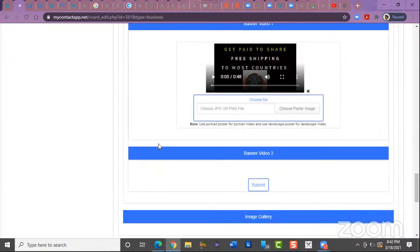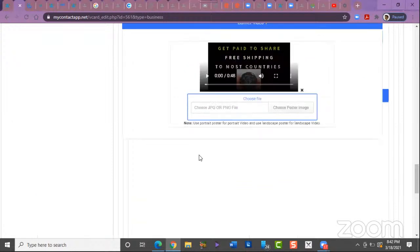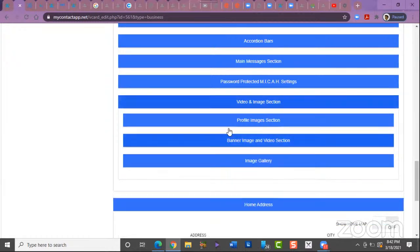All right, I just wanted to show you that feature. You saw that slide out, right? And move it under or over. And that's it. Once you resave, the numbers may change order. So I just moved the video order because I wanted it in a different order for whatever reason. Okay, so video, images,